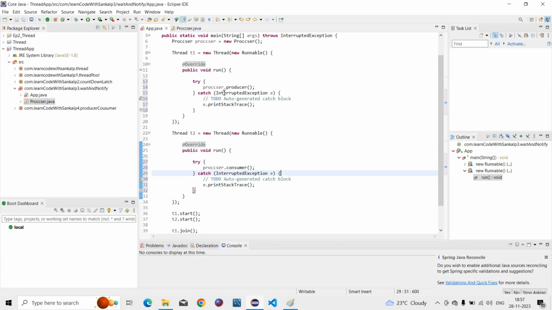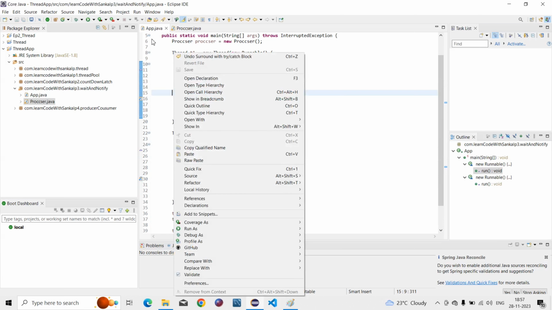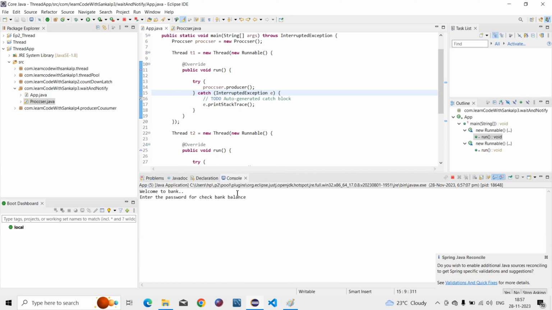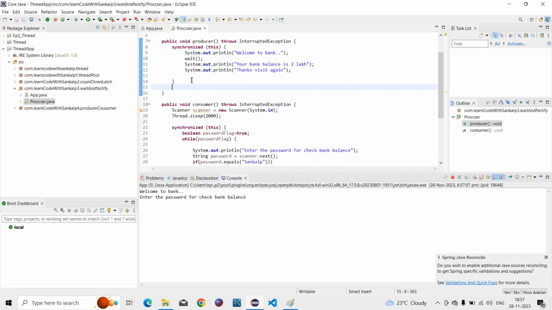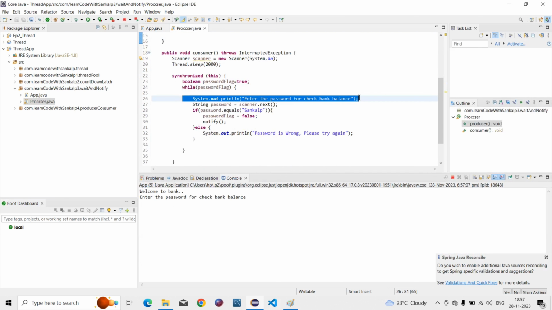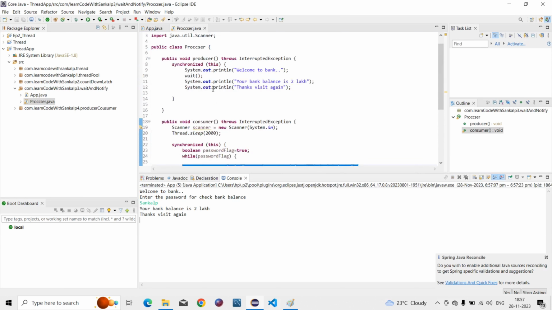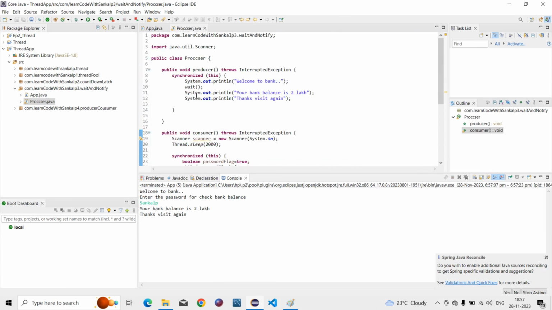Okay guys, then we have to run our code. Firstly it will come here only, and then we print some password. Firstly we give the correct password. Okay, then it will come to here, and here notify is called, and here we are fetching